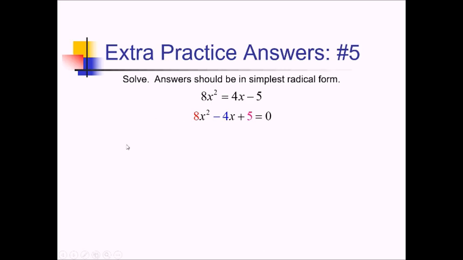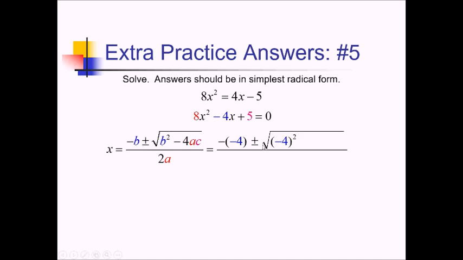Negative b plus or minus square root of b squared minus 4ac all over 2a. For my b value now, plugging everything in, we've got this negative 4 that's the coefficient of x. So that's negative 4 plus or minus square root of negative 4 squared minus 4 times that a value of 8 times the c value 5. And then we have 2 times the a value 8. Simplifying, we have positive 4 plus or minus square root of, this is going to be 16 in here, minus,